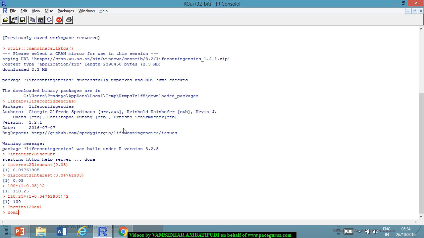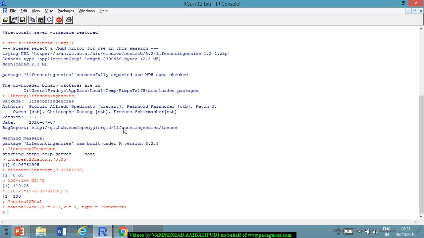So let me do nominal to real. If I'm talking about an interest rate of, let's say 10%, 0.1, then I'm talking about a compounding frequency of quarterly. So I'm setting it as 4, and I'm talking about it as type equal to interest. So it's as good as saying, if I have to convert it into real,